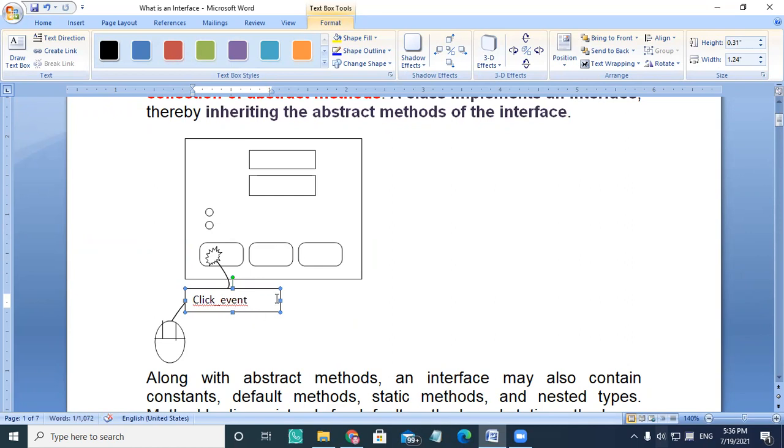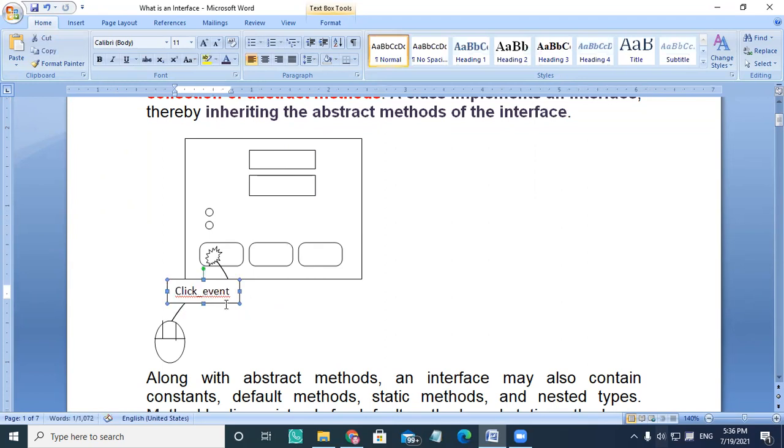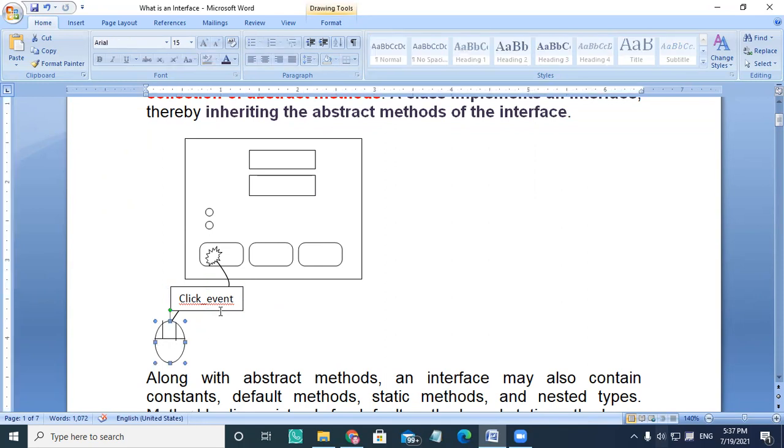This click event may print the result of these two numbers, so maybe addition, subtraction, multiplication, and division. So every time the procedure keeps on changing. That means I want an empty body, which I will fill according to my requirement. I will decide what kind of procedure I have to assign.